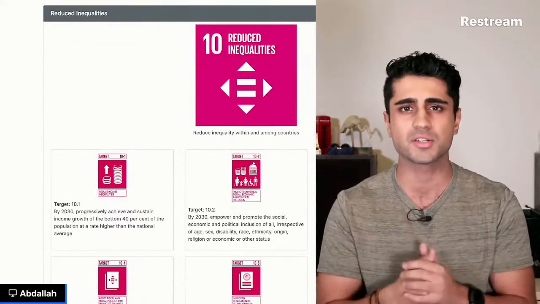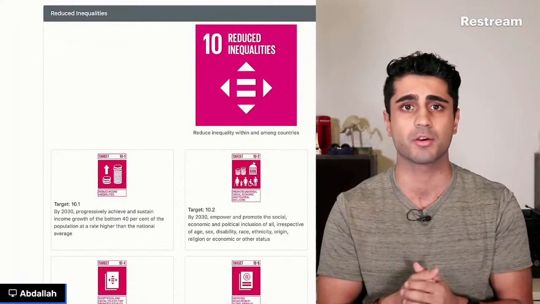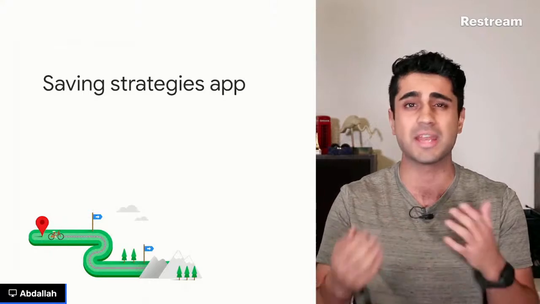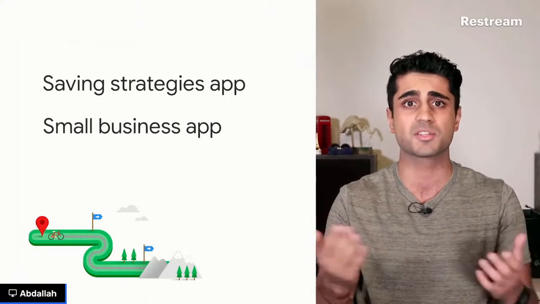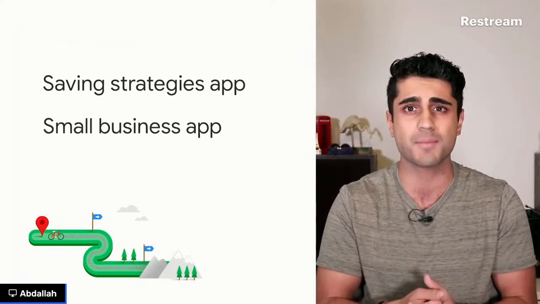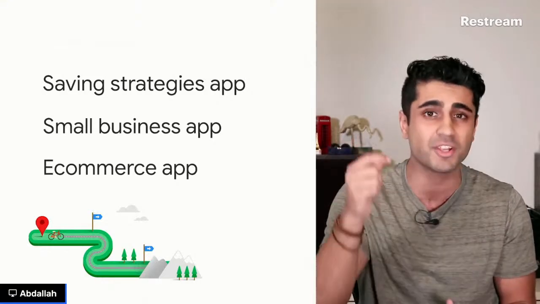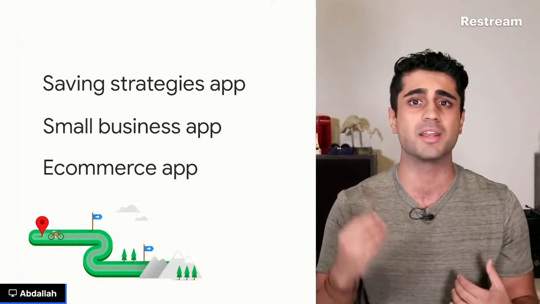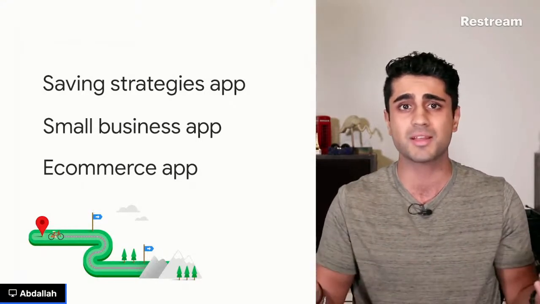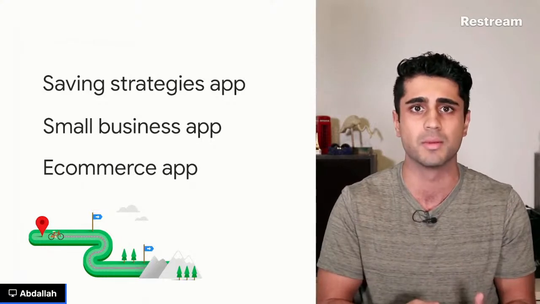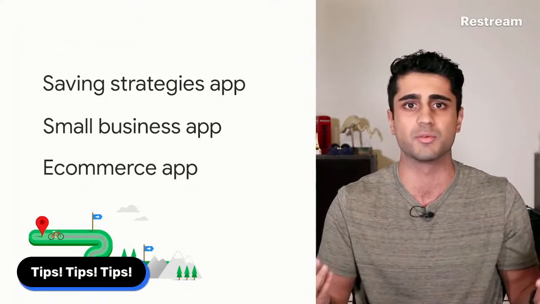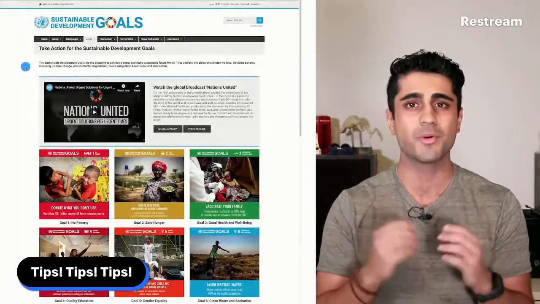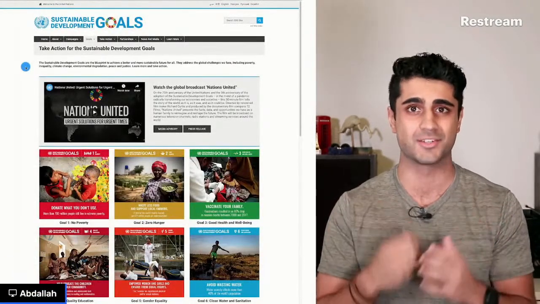Okay, so now you can start brainstorming again on how you can achieve progress through technology here. Maybe you can build an app or a platform that educates people on financial and saving strategies. Or maybe you can help small businesses grow through education apps or e-commerce and marketing apps that are specific to your community. For example, in my community, the elderly struggle with finding online educational content, and I might consider building an elderly-friendly educational platform. This platform can potentially provide the elderly with equal opportunities at learning new skills and at increasing their income. You'll see that going through these web pages will spark many ideas in your mind.